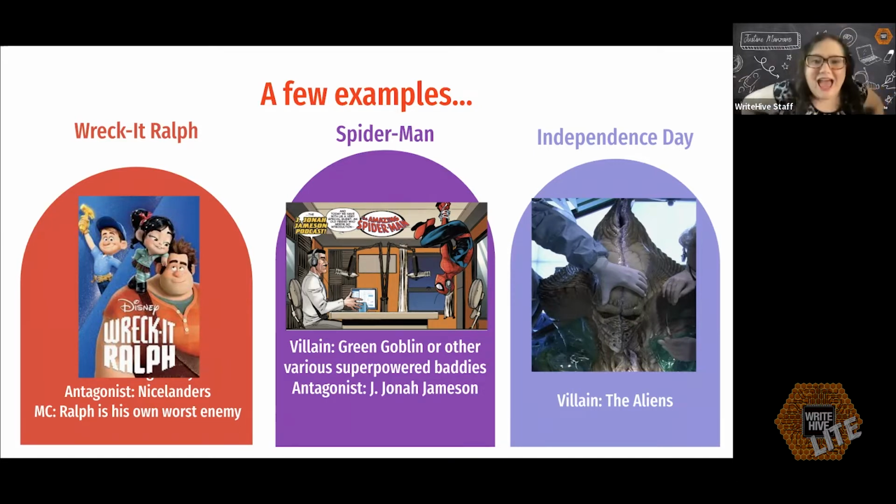But yeah, that right there, I think, is a very clear picture of the difference between an antagonist and a villain, because the Nicelanders are just kind of more societal mainstays who believe that you have to be a certain way to fit in, whereas the villain is King Candy, who's really just trying to bust things up. Another example, Spider-Man. So again, a little background for people who've never watched Spider-Man, read Spider-Man comics, which,